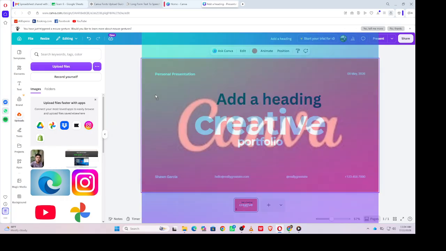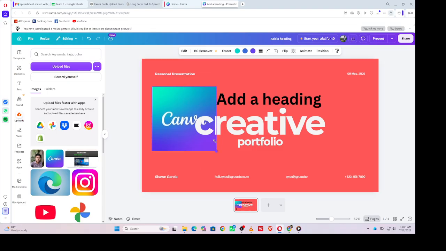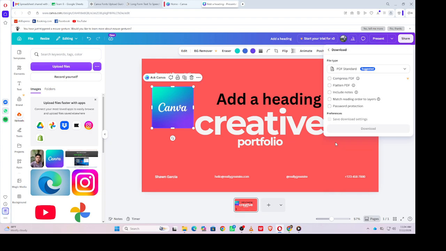Once you're happy with your edits, click Share, then select Download. Choose your preferred file format, such as PNG or JPG, and click Download. That's it, you've successfully edited a photo in